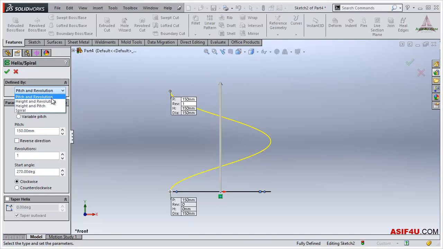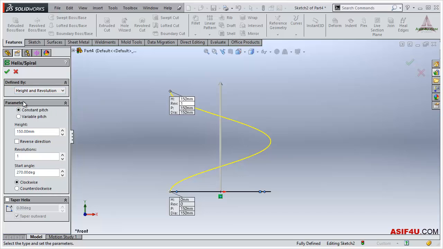If I go to height, this is by default pitch and revolution, height and revolution, height and pitch. If I want height and revolution, I will check that height and revolution. Then for the parameter, I can put the height first. If I put 250,